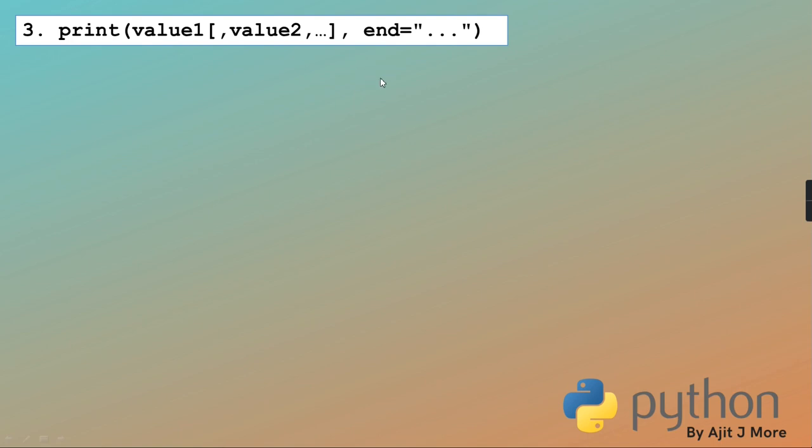So suppose at the end you don't want a new line, you want something other than that, then you can mention this parameter. So what is the default value of the end parameter? New line. But suppose you don't want a new line, you want something else, then you can use this end equal to and give the value.